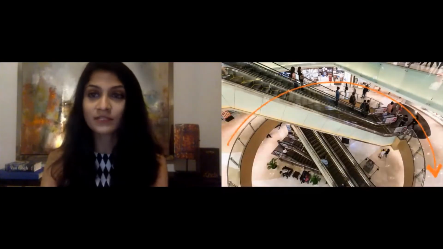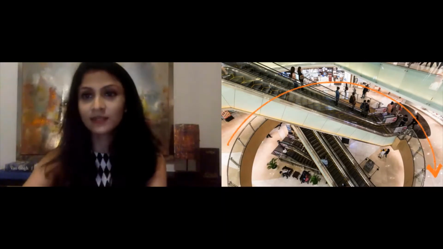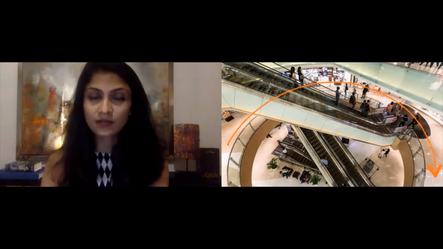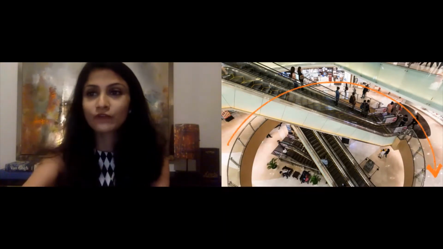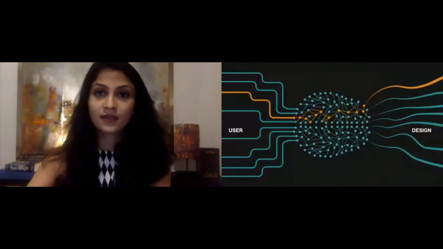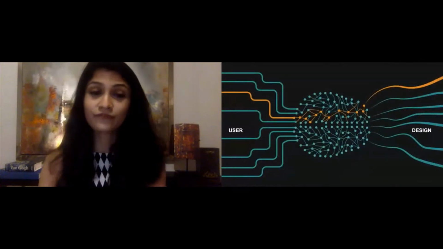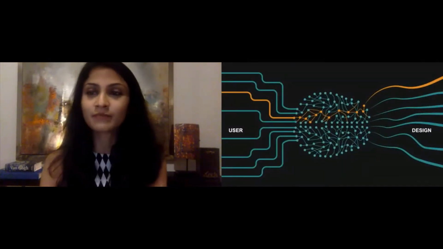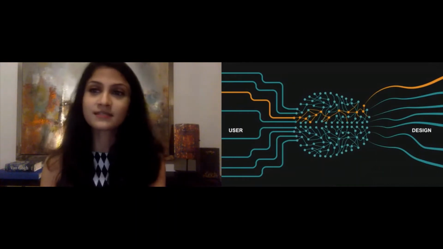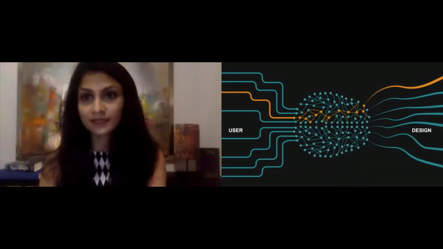As opposed to a shopping mall where the intent is to guide customers along a more circuitous path, like I was saying. While these instructions are oversimplified, we often find ourselves operating in the gray in between. And the proliferation of AI, machine learning, and big data helps us establish a more dynamic relationship between the user and design.